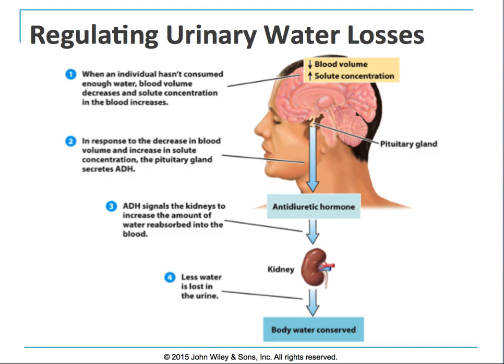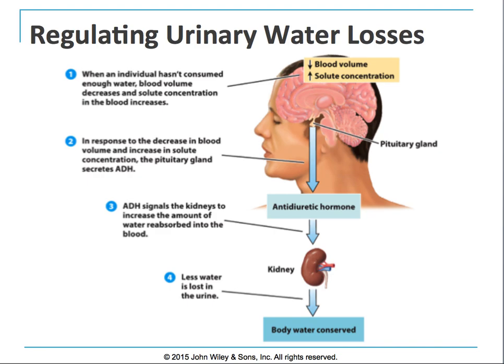Regulating urinary water losses. So this is that sort of dehydration mechanism that goes on in your brain, but instead of talking about it stimulating thirst, this is just another diagram showing how those messages get relayed to your kidneys to reduce water loss. So when an individual hasn't consumed enough water, blood volume decreases and solute concentration in the